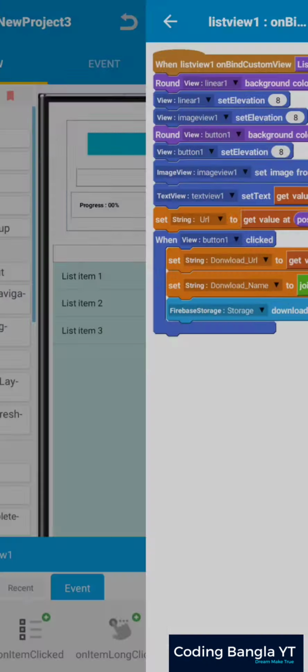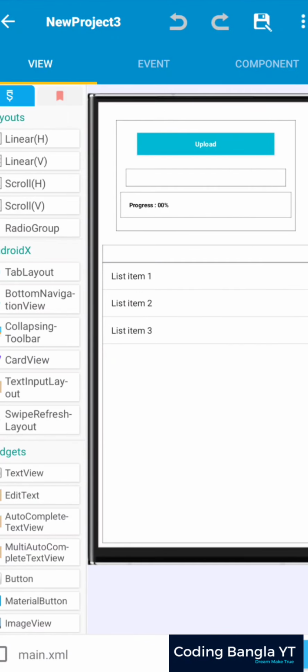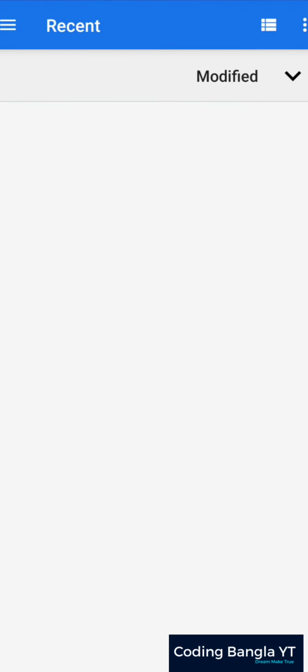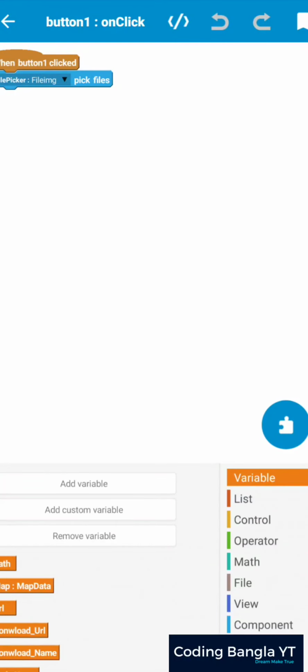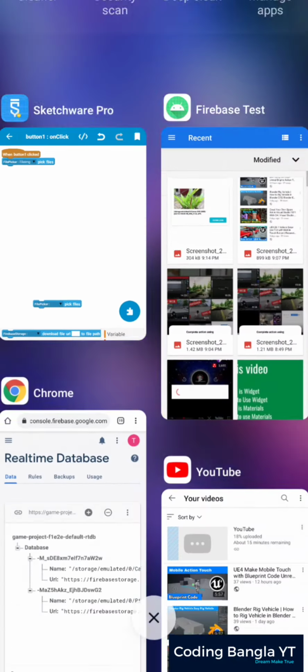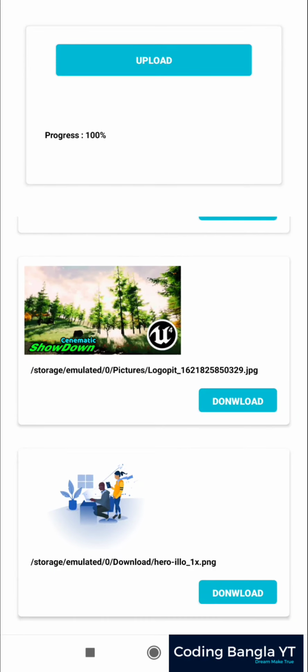That is very simple. For the same thing, I just add on download progress, and I get my value to my toast so I can see the progress. So that is the whole thing, and as a result you can see that is our image. If I press anything right now to upload, it goes to my file picker component. Oh, there's one more block I forgot to tell you: on upload click, it will execute our file picker. So go to component, and here you can see the file picker, just enable it. Now if I click on this image, it will start the upload progress, and after the upload succeeds in our storage, it will automatically be added to our database. As you can see, these values come.